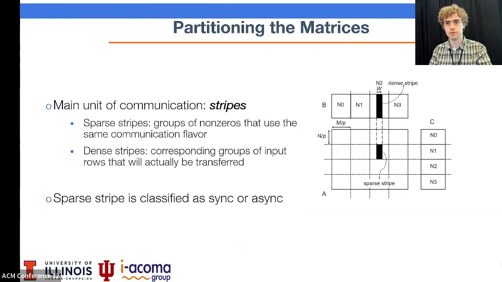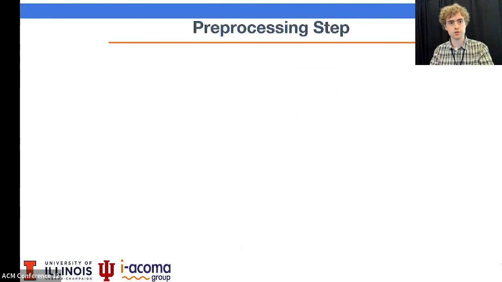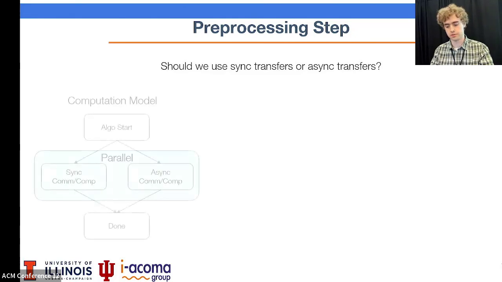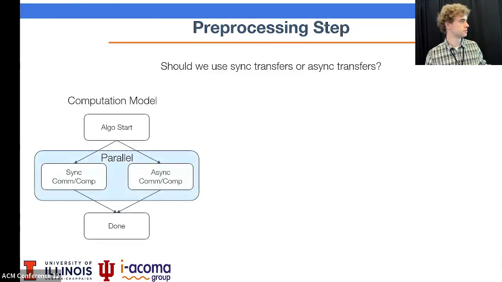A sparse stripe is a collection of non-zeros which just use the same communication flavor. And a dense stripe is the corresponding data in our dense matrix input that's actually going to be communicated using one of these two methods, according to how we classify our sparse stripes. The pre-processing step answers the question of whether we should use sync or async transfers for each of the stripes in our matrix. We begin the preprocessor with a computational model that is a simplified view of two-phase, where we